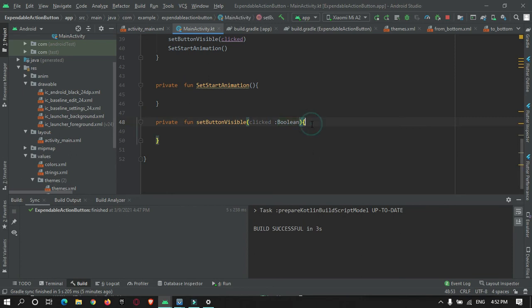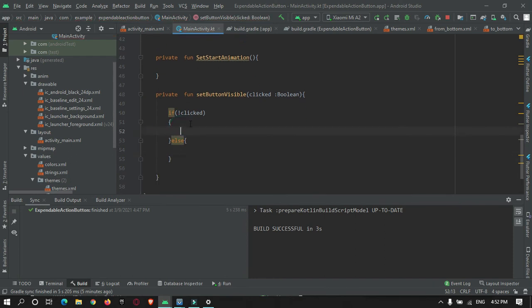Here we will check if the button is clicked. If it is false, then perform this, else perform this.